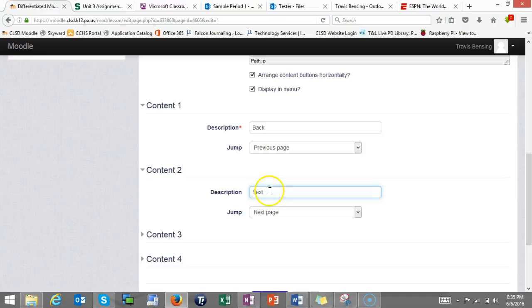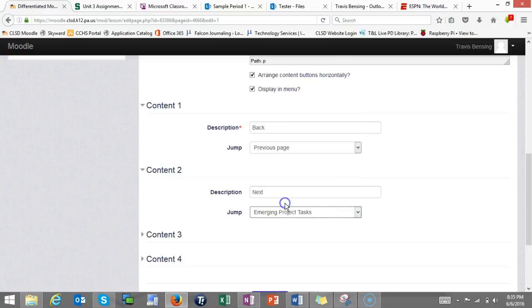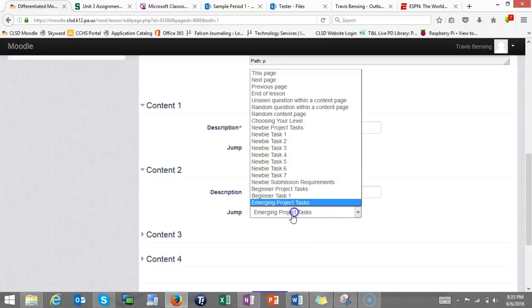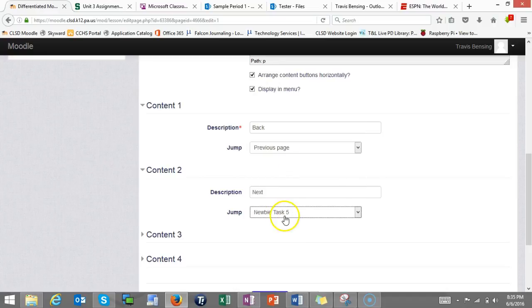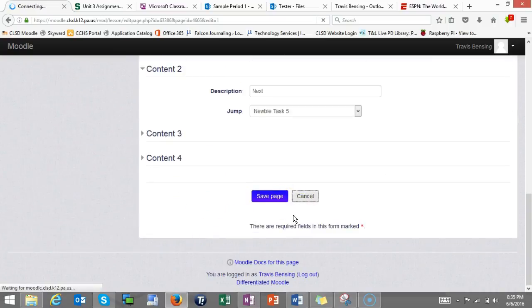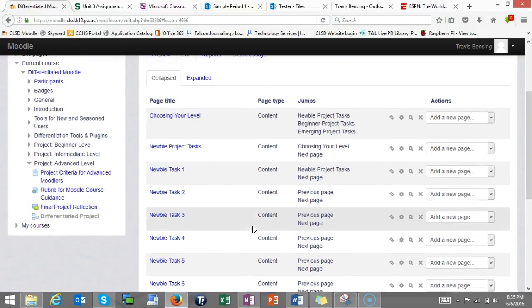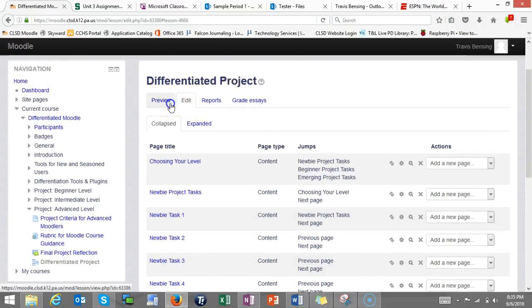I could also decide that I want it to go back to emerging project tasks or any other page that I have set up where I have a newbie task 5. So you could choose any page that you already have set up, which is the reason why you would want to have your pages set up first and then worry about the linking afterwards. If you do this correctly, I'll just cancel this for right now to keep everything the way I had it before. But if you do this correctly, what you can then do is go into preview mode,